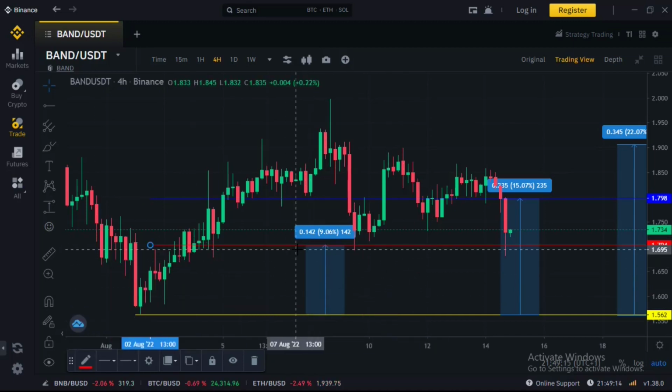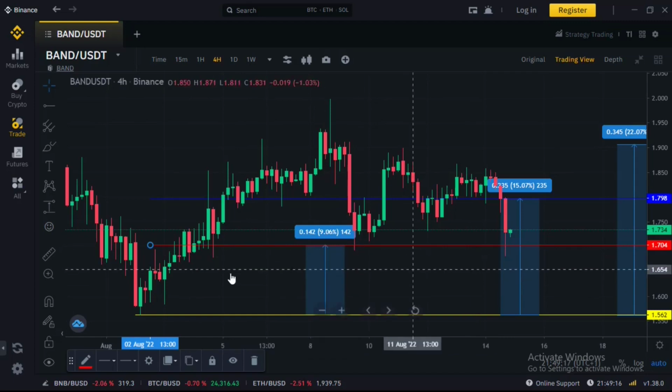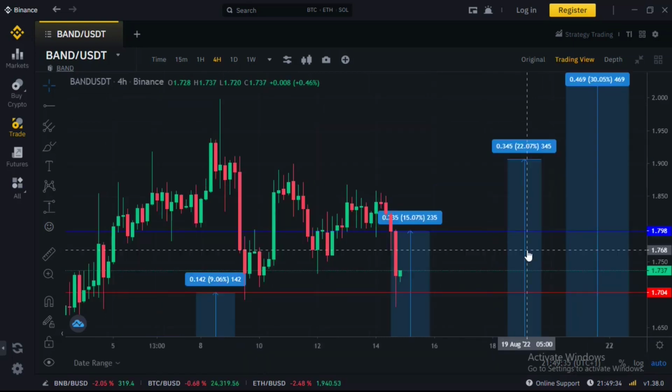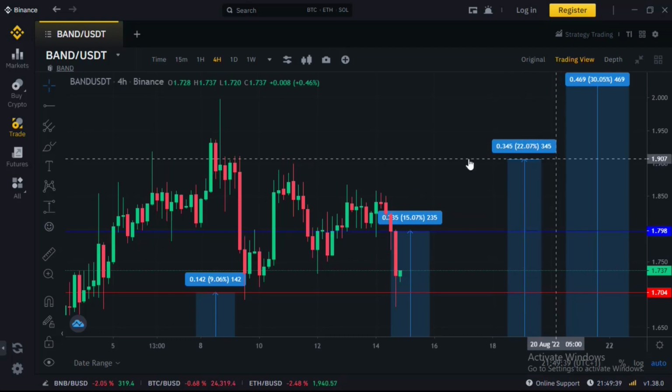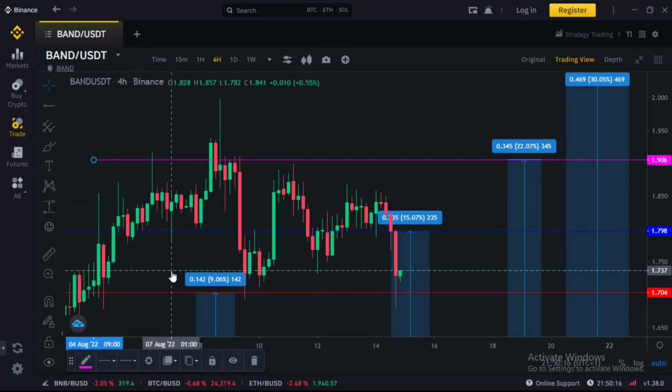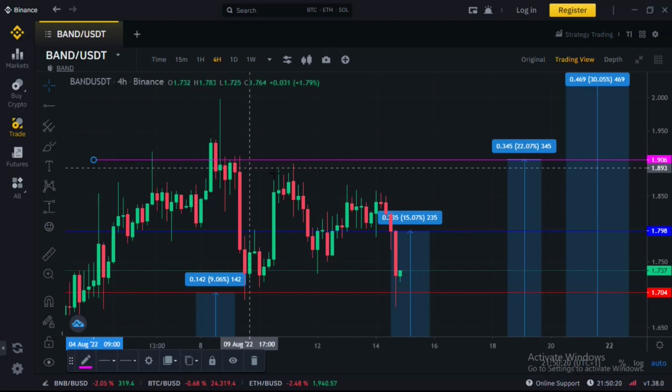And next up, for you to get your stop loss price, you have to measure 9%. And then use the red horizontal line to indicate your stop loss price, which is $1.704. And next up, for you to get your safety price, you have to measure 22%. And then use the pink horizontal line to indicate your safety price, which is